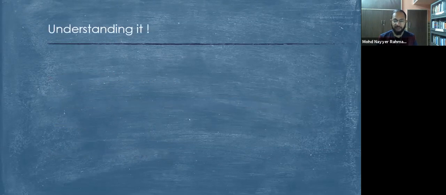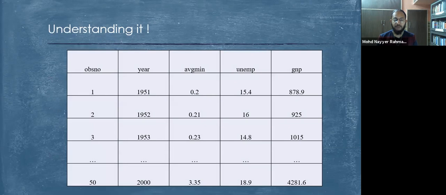Let's take an example of time series. We have lots of time frames. It can be number of days: day 1, day 2, day 3, day 4, day 5, day 10. It can be weeks: week 1, week 2, week 3, week 52. If it is a leap year, week 53. We can have years: 1951, 52, 53. We have years and we have observations for the years. For every year, we have one observation. This is time series data. Every year, one observation, time series data.